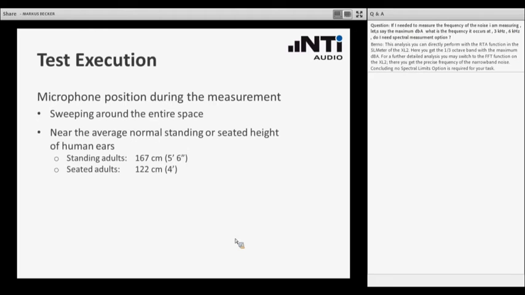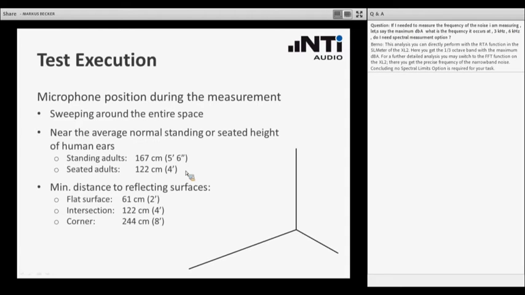Second, you should hold the microphone at a specific height above ground, depending on whether the room is typically used to stand, where the people are standing, or whether they are sitting. So these measures that are given here don't need to be obeyed exactly. It's not a question of a single centimeter or inch, but it's just a recommendation in which range you should hold your microphone during the measurement.